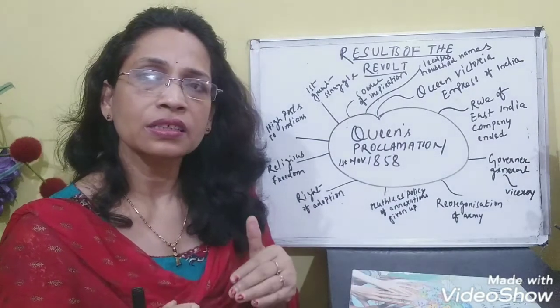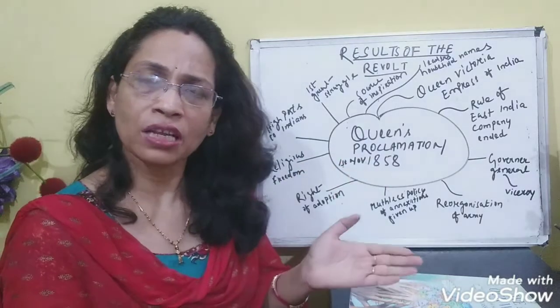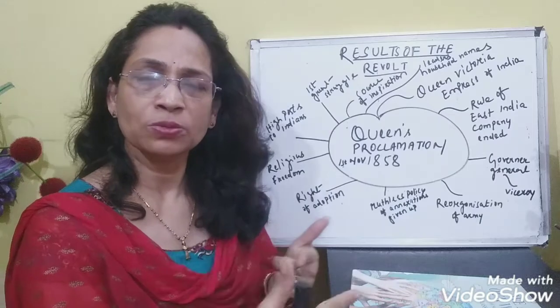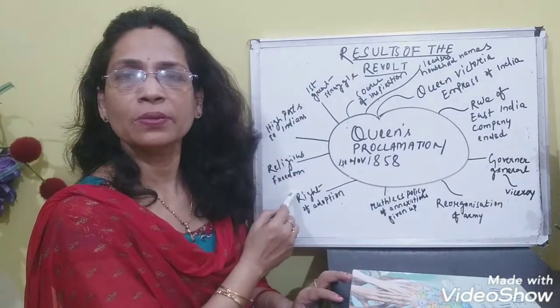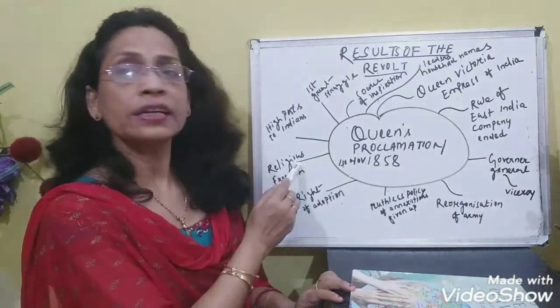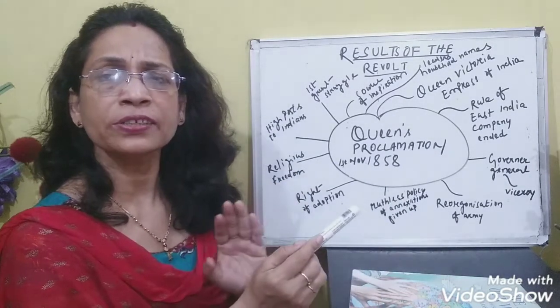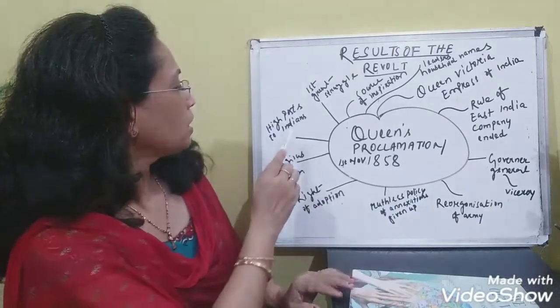Then right of adoption was given to Indian rulers. जैसे हमने पढ़ा था Doctrine of Lapse से, जिसका भी अपना बच्चा नहीं है, बेटा नहीं है, उसकी टेरिटरी ले लिया गया था. So अब जो है इंडियन रूलर्स को बच्चे अडॉप्ट करने की राइट दिया गया. Religious freedom was given. So Indian rulers were given the freedom to follow their own religion. British did not interfere in the matters of Indian religion. They promised not to interfere.